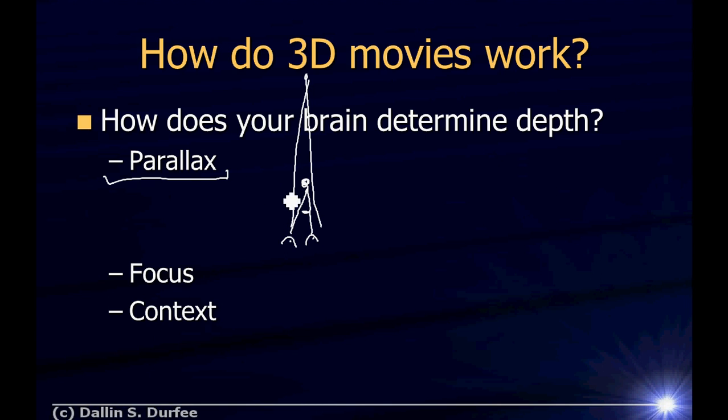So in a 3D movie, the idea is you're going to feed your eyes two different images. So in one image, the image for the left eye, you put a ball right here. For the image for the right eye, you put the picture of the ball right here, and then it looks like the ball is out there. So how do I feed two different images to my eyes? Well, what they do is they have two projectors. One projector projects one polarization of light, one projector projects the other polarization of light, and then you have glasses that are polarizers, so that the image that's polarized for your left eye only gets through this polarizer, but it doesn't get through this one, and your right eye doesn't see it.